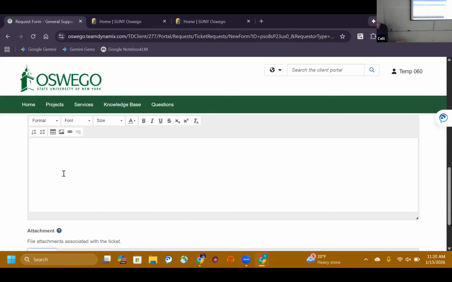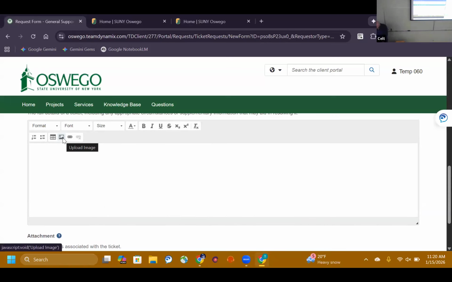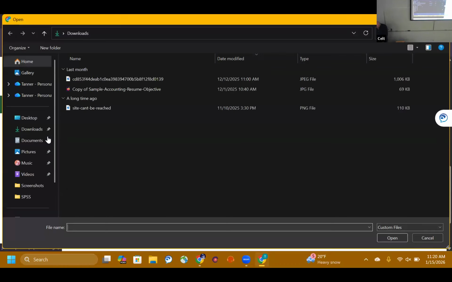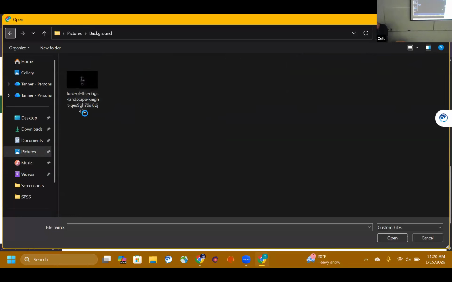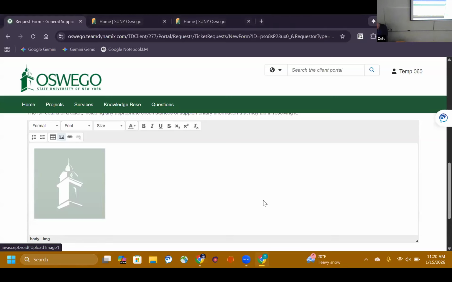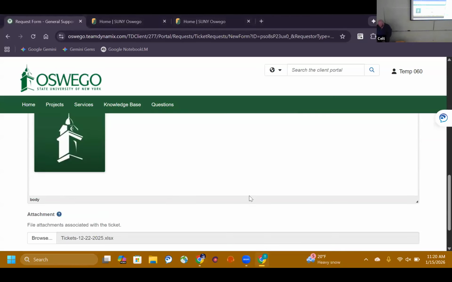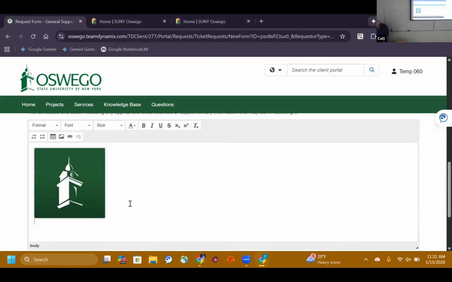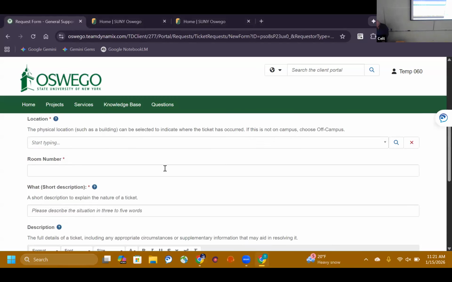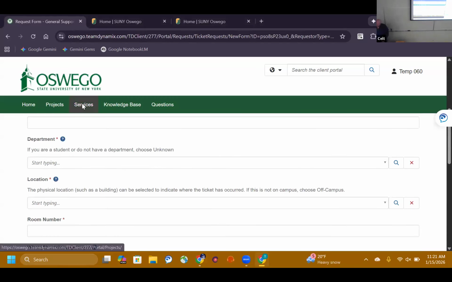You can utilize this as well for images, specifically like screenshots. So you can click here to upload an image. I'll go to pictures, and select the logo. Hit open, and then you can attach the picture directly into here. So if you're looking for specific files, like Word docs, stuff like that, attach through the attachment, and pictures you can add directly into here. And then if you want to add more after it's done, like let's say you forgot something,